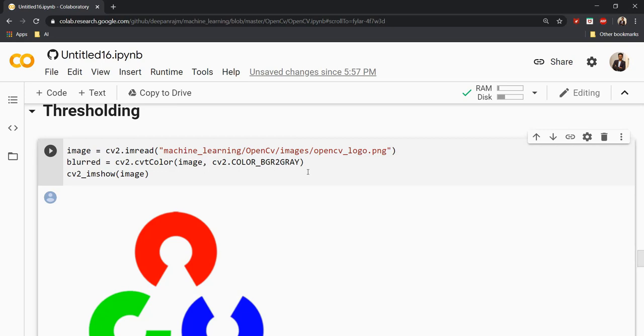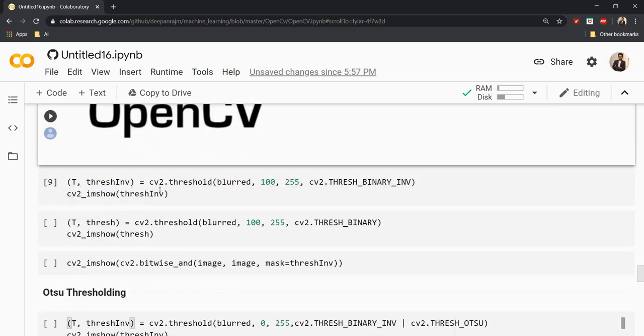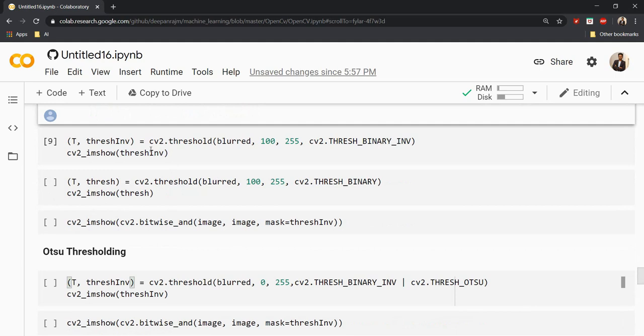But in this case, I'm just converting a color image into grayscale and showing it out. After that, I'm going to make a threshold function here. Here you can see cv2.threshold of the input image, and a condition is given here as 100. So whenever my pixel value goes above 100, I will turn that pixel into black, that is 0. Else I will turn the pixel into 255. So the maximum value will be given here. Based on this 100 as a threshold, we will try to manipulate the pixel data to either 0 or 255.